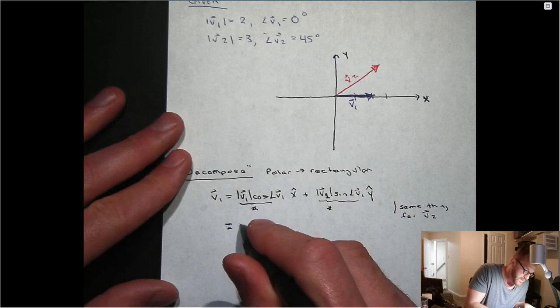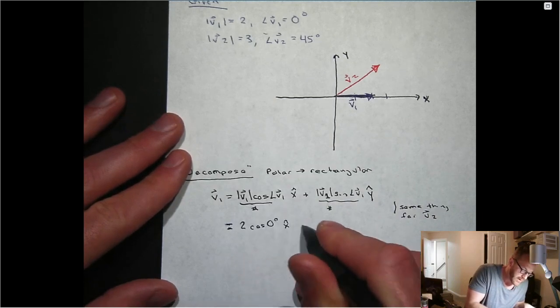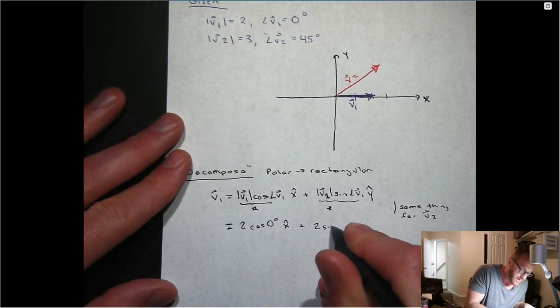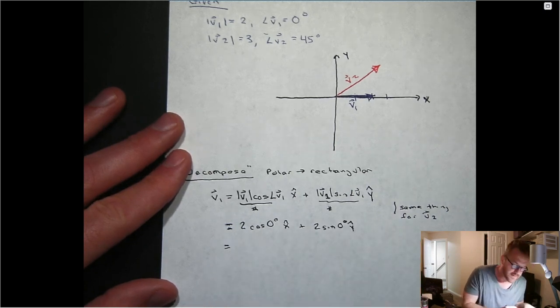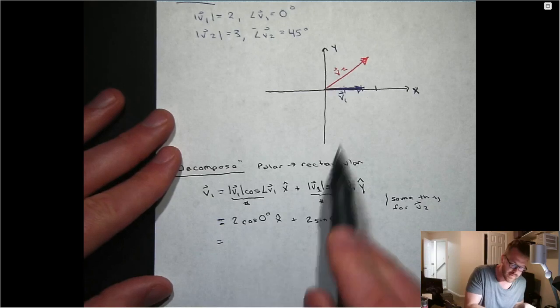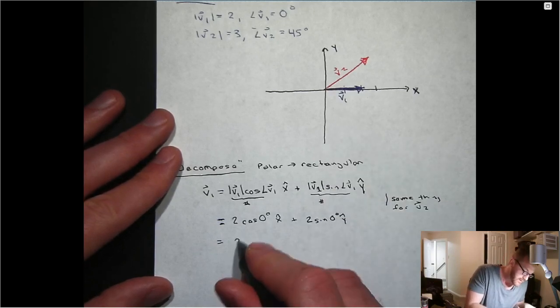Plugging in, the magnitude of V1 is 2 cos 0, and that is the x component, and 2 sine 0, that is the y component. However, if you put these into your calculator, not surprisingly, you will find that cosine of 0 is just 1, and sine of 0 is just 0. So this comes out to be 2 x hat